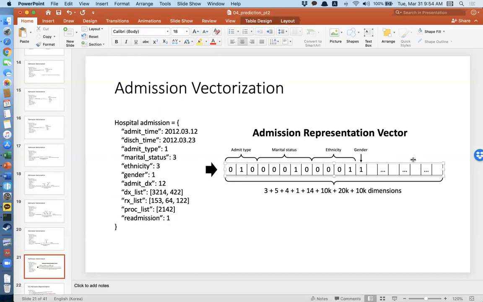After that, there'll be 10,000 dimensions of diagnosis list, another 20,000 dimensions for medication list, and then another 10,000 dimensions for procedure list. So it'll be a super, super long vector. The exact number will be 3 plus 4 plus 5 plus 4 plus 1 plus 14, the total number of types per variable, like 3 admission types, 5 marital status types, 4 ethnicity types, and just